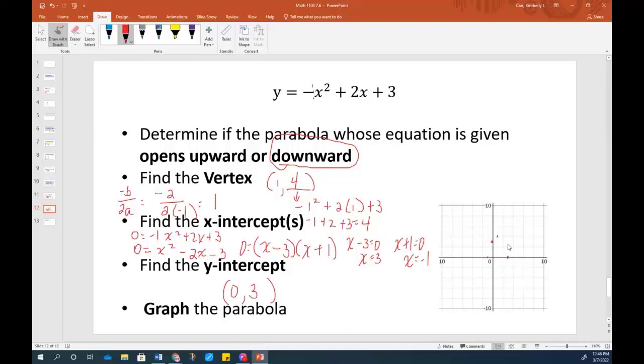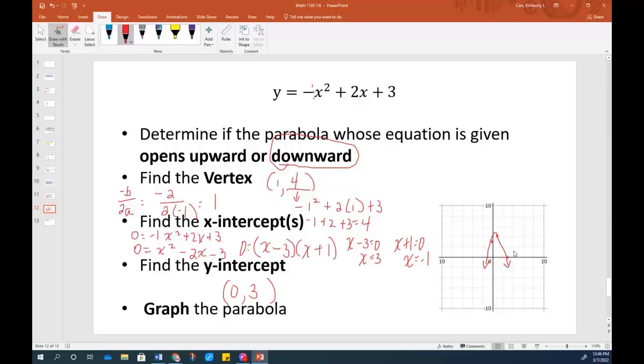Now, if I could graph it again, if I could connect this into a nice smooth curve, it would open down. We know that when I try to draw this, this is not going to work well. But the 2 points that would be easiest for you, probably when you're doing this online, is to use that vertex, because you're going to have to take the shape and put it on the graph, and then click the shape, and then it pops up these 2 little dots that you can move around, and put one of them at the vertex and one of them at your y-intercept. The only other type of graphing it's going to have you do would be